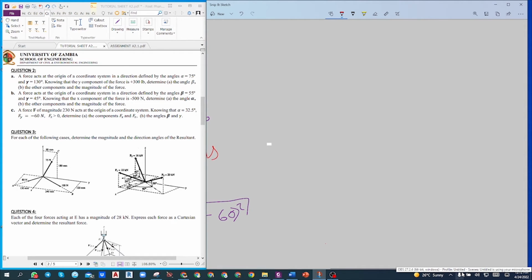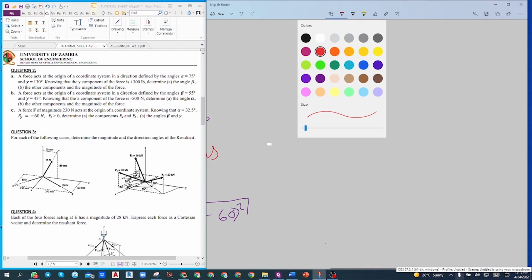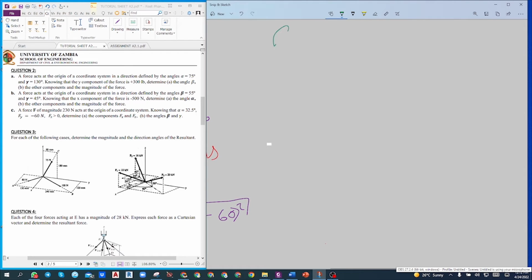So we are saying now beta is equal to cos inverse of our Fy, which is negative 60, over the F magnitude, which is 230, and this gives our beta to be